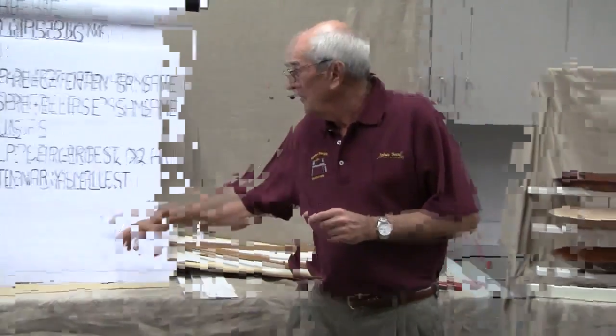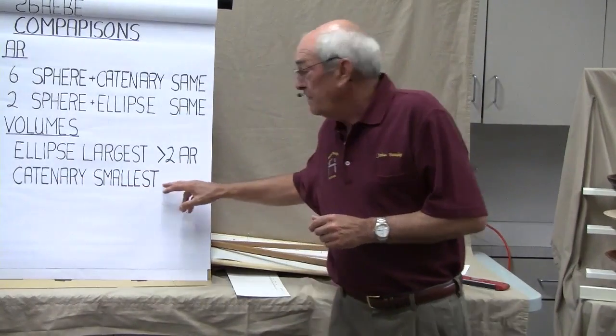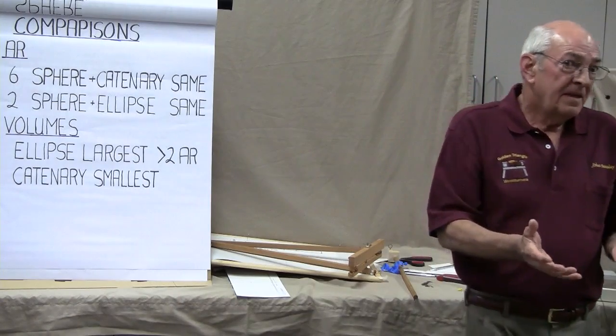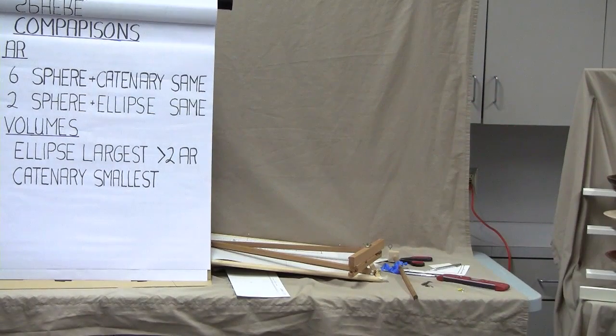The ellipse will generate the larger one. The catenary is always going to be the smallest because that's coming in. And as John pointed out,